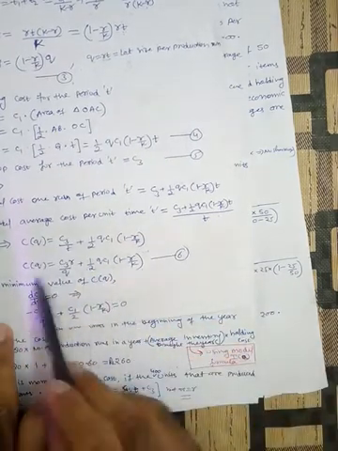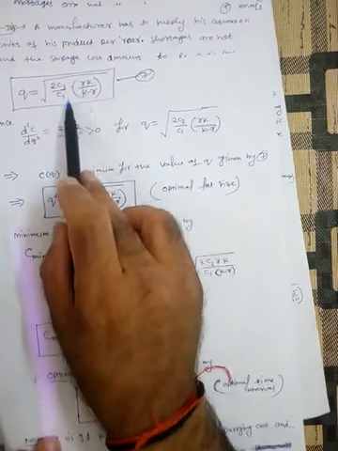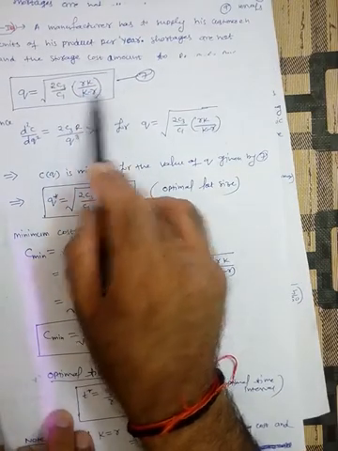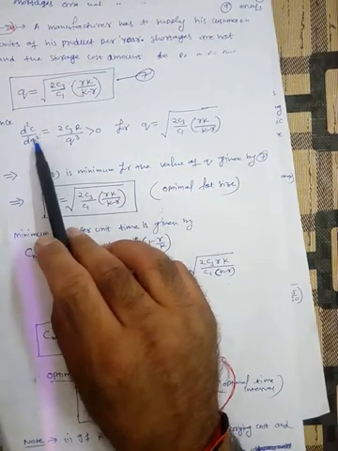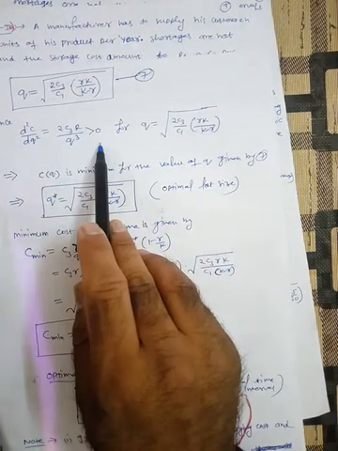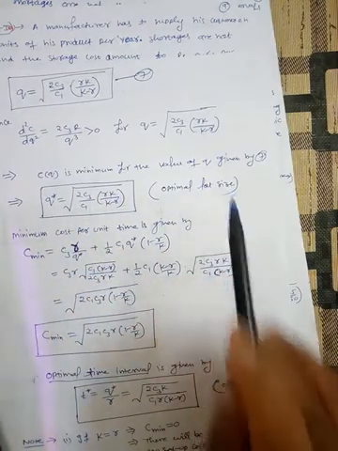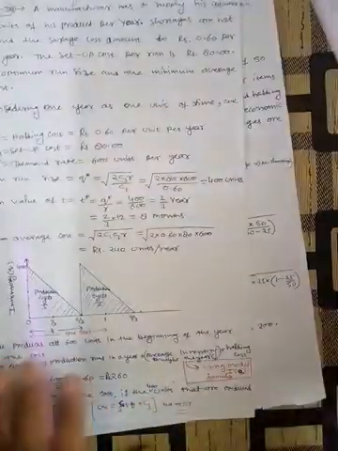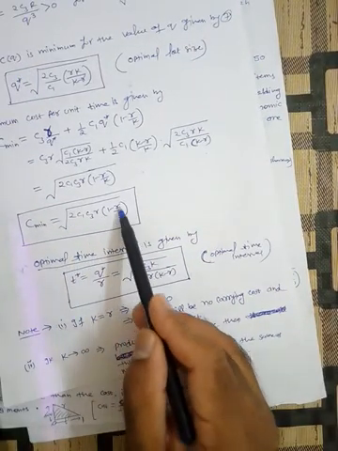So now differentiate this with respect to Q and put it equal to 0. So we get the value this. Q is equal to square root of 2 C3 C1 divided by R, K divided by (K minus R). Again differentiate this C with respect to Q and put this value of Q. So we will get that this second derivative value is positive for this choice of Q, and hence Q star will be this, which is optimum. And now find out the minimum cost. So substitute the values here in equation number 6. So finally C minimum is this, 2 square root of 2 C1 C3 R (1 minus R by K).